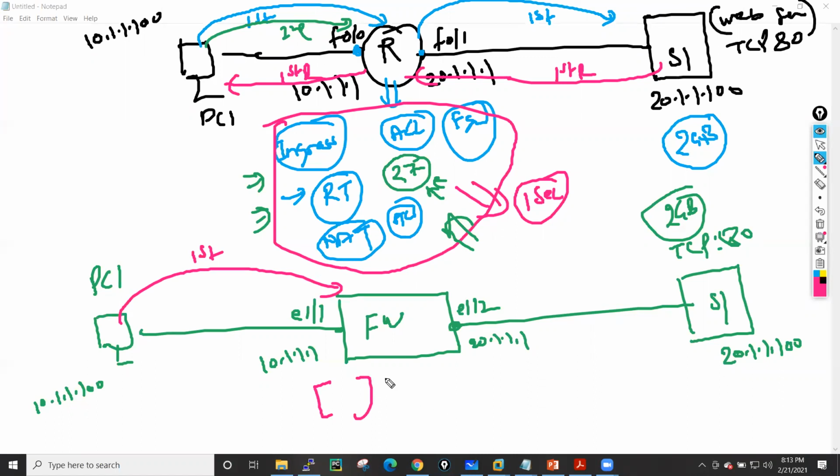What are these checks? It first does the ingress check and puts the packet into the ingress state. Then it puts the packet into the connection setup state, then sends it for App-ID and Content-ID, then puts the packet into the egress state. All these checks happen on the first packet.